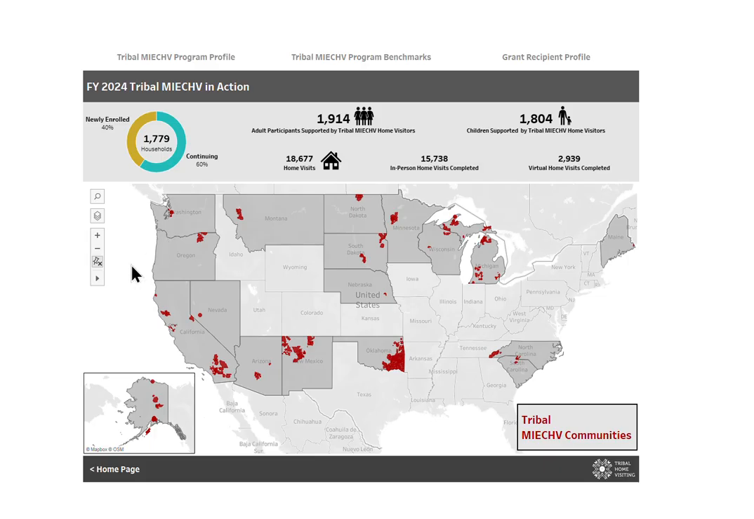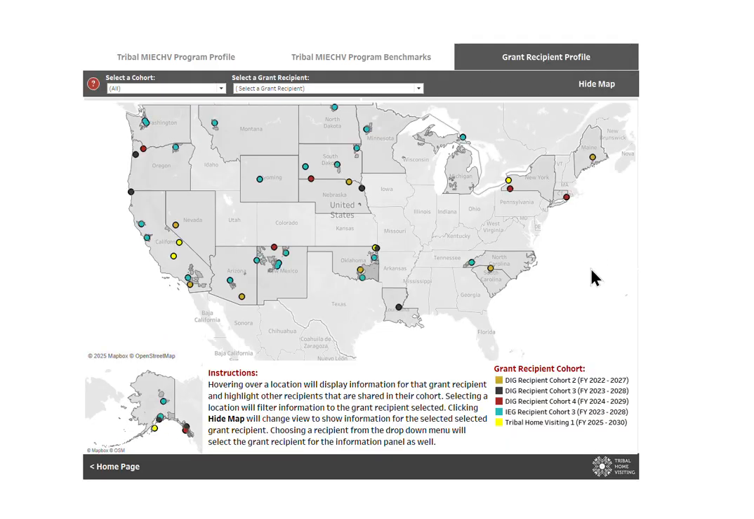It will take you to an overview page of the highlights from the most recent 2024 results. Across the top of this dashboard, you will find the navigation to the other tabs. First tab is going to be Tribal MIECHV Program Profile. Second tab will be Tribal MIECHV Program Benchmarks. And the last tab at the top will be Grant Recipient Profiles. To view information by one of these tabs, just make a selection and you'll be taken to that subset of